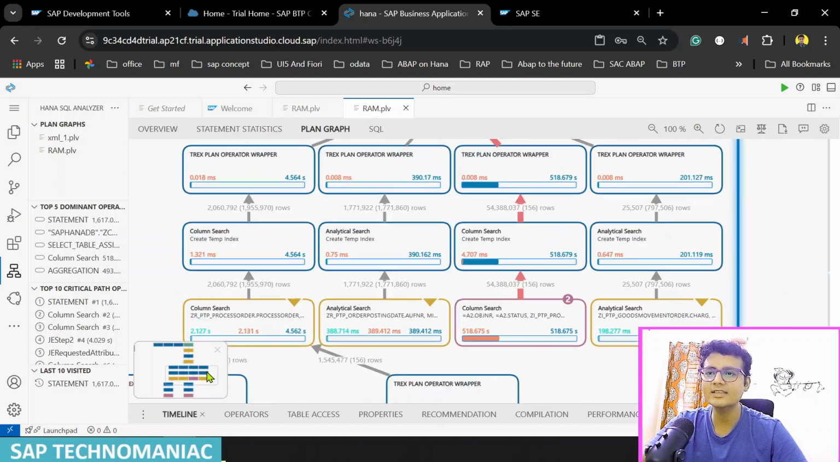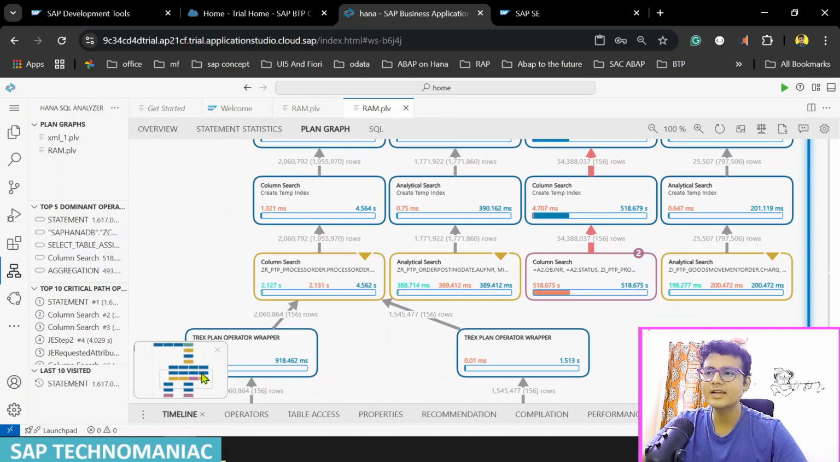So where is the red line coming from? You will get to know the red line is coming from this particular CDS. Everywhere it is taking 1.321 milliseconds or 0.75 milliseconds. That is fine for me. But here, in one place, it is taking 518 seconds out of 5 minutes, or in this case the execution took 2 minutes. Out of a total of 2 minutes, it is taking 518 seconds here itself. Then I realized my entire CDS is fine, only this CDS is having the issue,